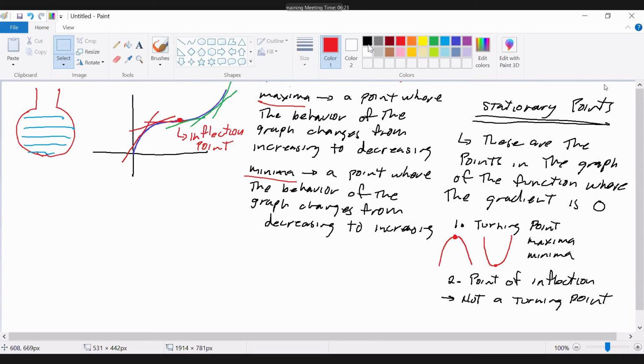It marks, okay, its behavior of the graph. Okay, point of inflection marks the point